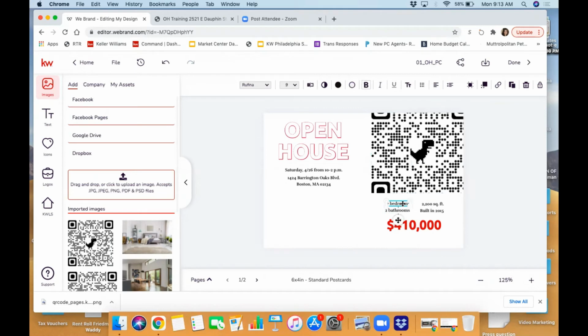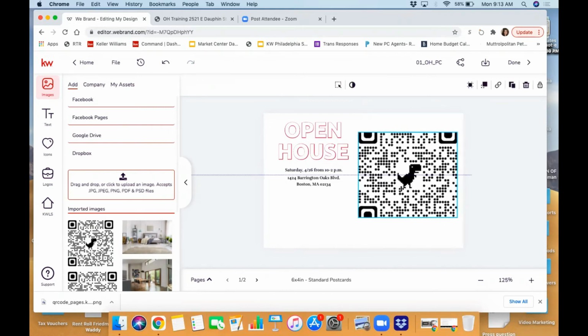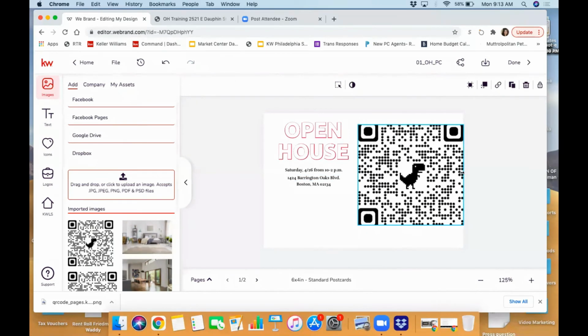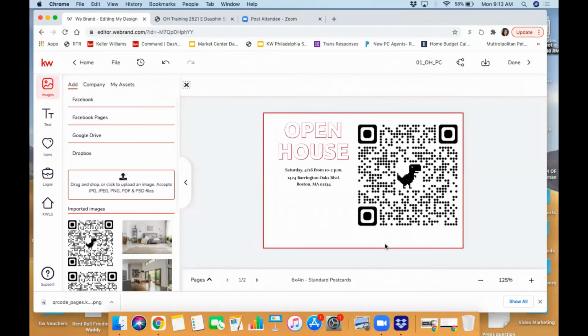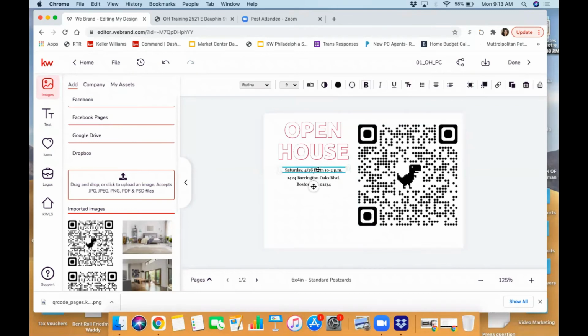I'm going to delete all of these little things. So I'm highlighting them and hitting delete on my keyboard. So now I can have this QR code become my main image. And I just want to make sure that I can see my whole QR code, so that way it will work. Beautiful. Then I have my open house and I'm just going to put in the date and time and the